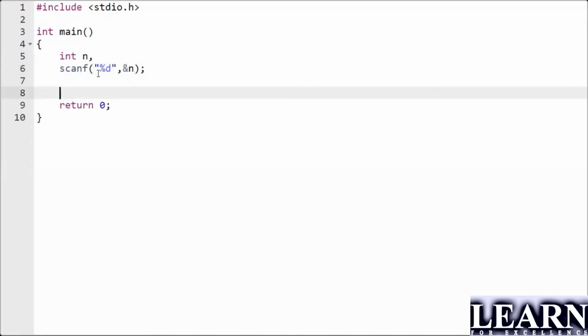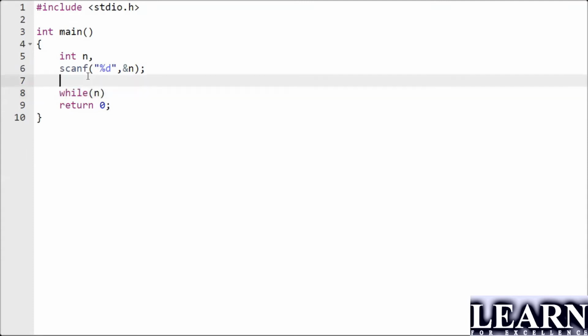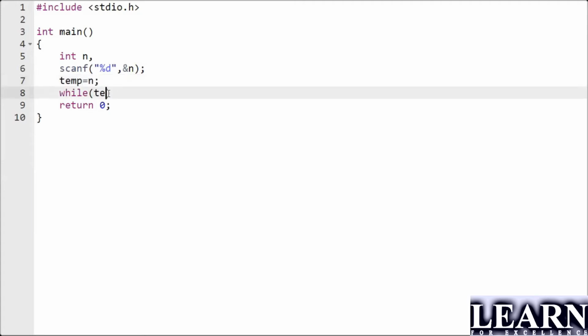Next, we have to find out the digits. You can run a while loop or a for loop, anything is fine. So while n is greater than 0, n value will get reduced. So I will take a temporary value equal to n. This is nothing but temporary, because if I change the value of n, at last I cannot compare. So you copy the value of n in some variable that is nothing but temporary. Here in this case, I'm copying the value of n in the temporary variable.